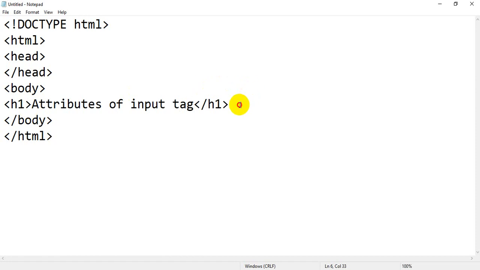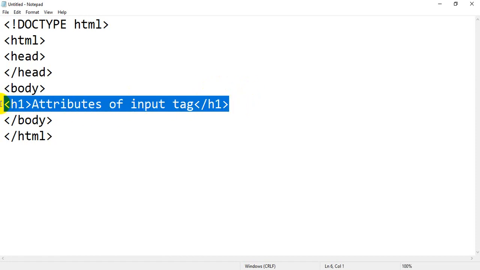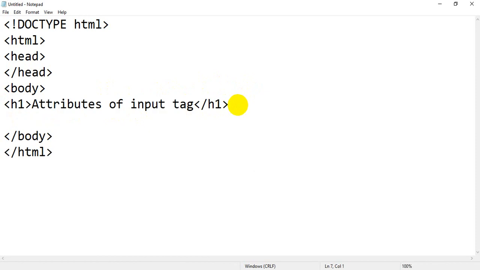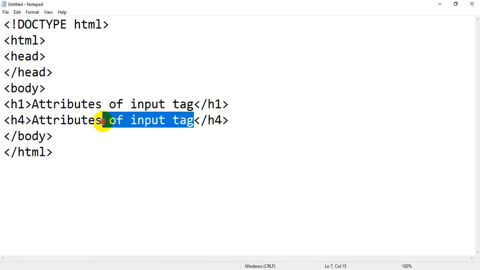Then I will just copy this line and instead of h1 I will take h4 to reduce the size of the heading. Okay, and I will change this content.